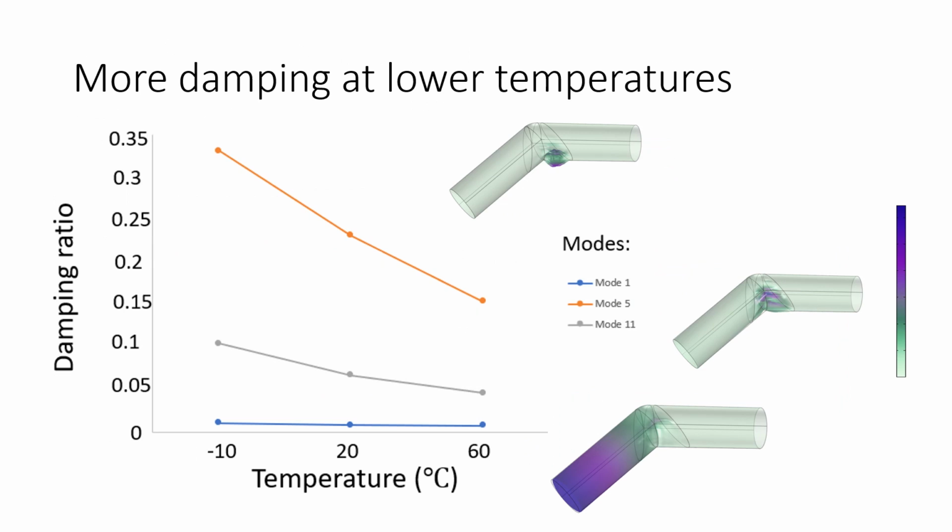Turning now to damping versus temperature, here we're seeing a bit more of a consistent pattern, especially for modes 5 and 11 represented in orange and gray respectively. We can see that at the lower temperatures of -10 and 20 degrees Celsius, where hemolymph viscosity is expected to be higher, there's actually more damping going on, which tells us that there's more damping at lower temperatures for this